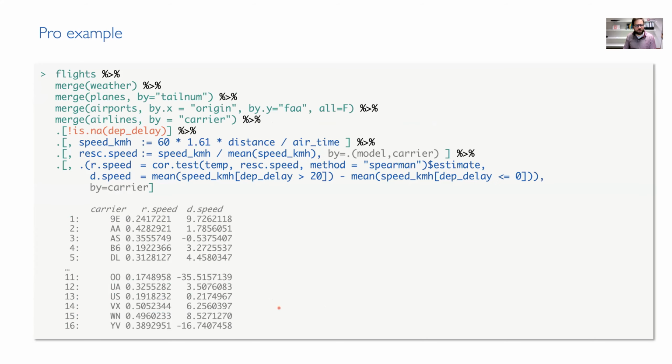Yeah, so this is a more complex example of such a pipeline. Now we take the flights data set, merge it with the weather data set, merge the result with the planes data set, merge the result with the airports data set. And here I have to specify the columns because they have different names in both data sets. And we merge it with the airlines data set at the very end. Now we have a data set that has all the different sources of information